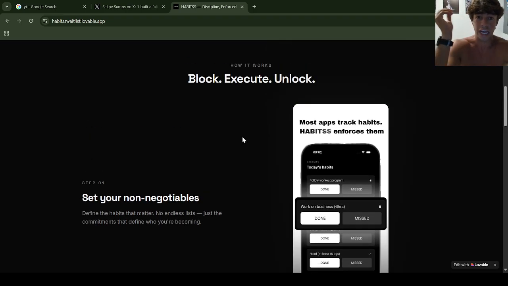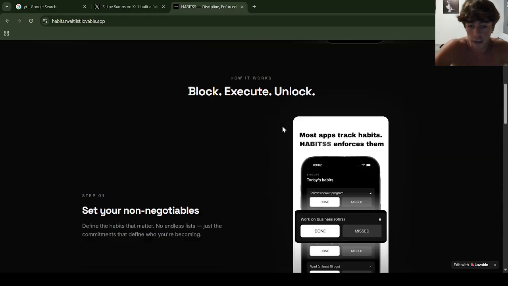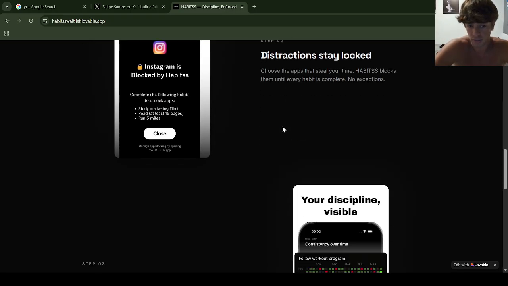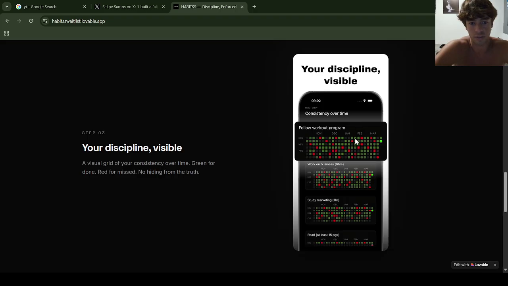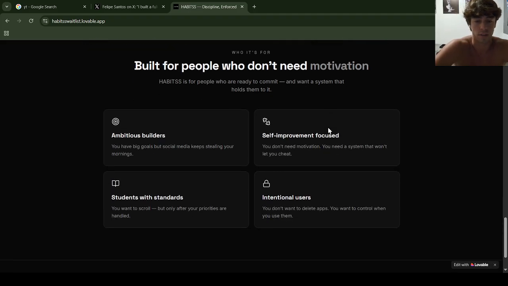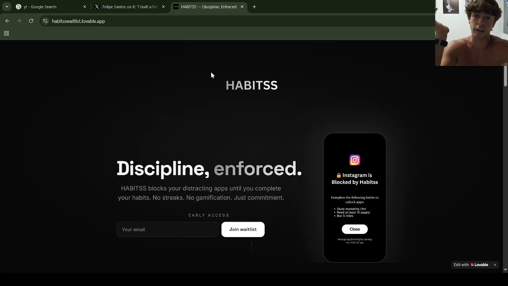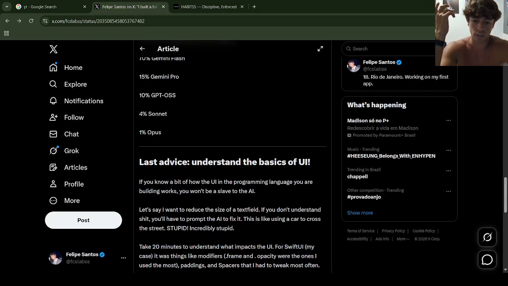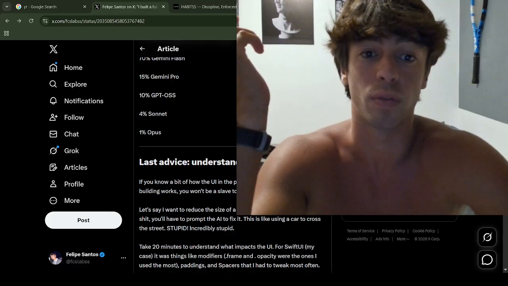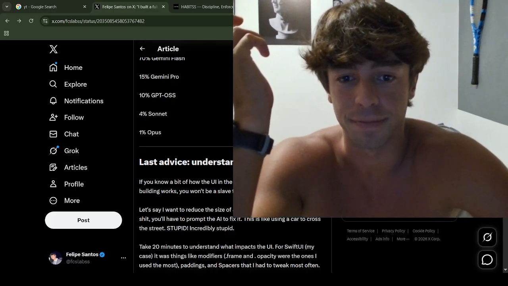It's like the best productivity app ever, and I'm not saying that because I'm the one that created it. But that was what I built, and it was very simple to build. And you have a grid for you to show your consistency, whatever. So that was what I built, and it took me 2 months to build, and I ran out of quotas sometimes, but I just waited like 1 day